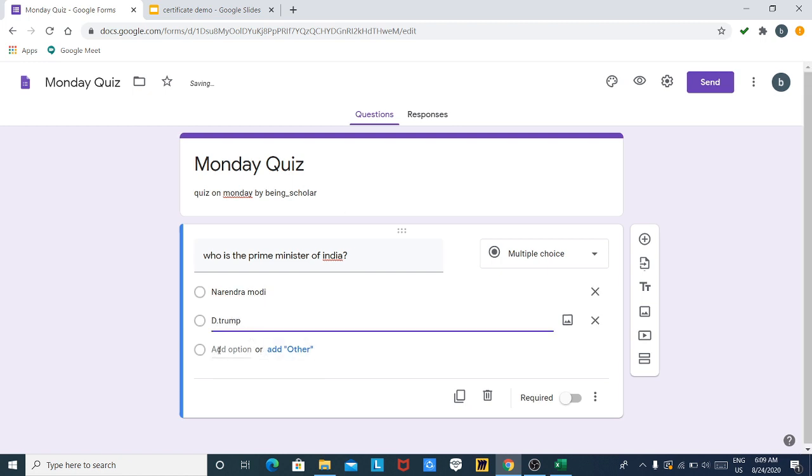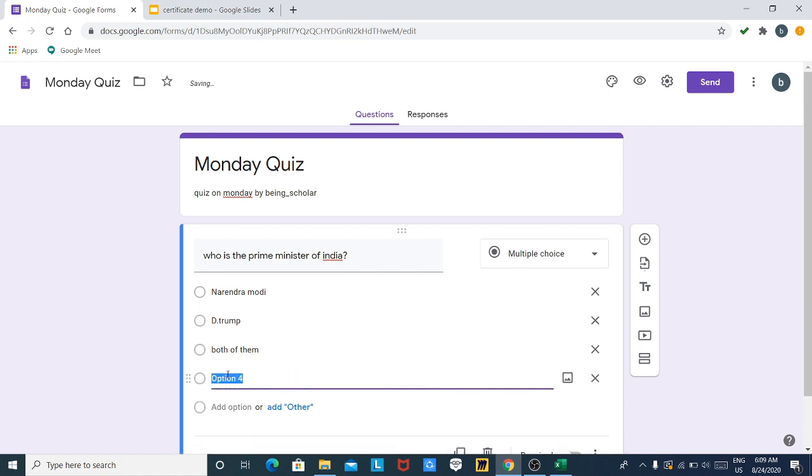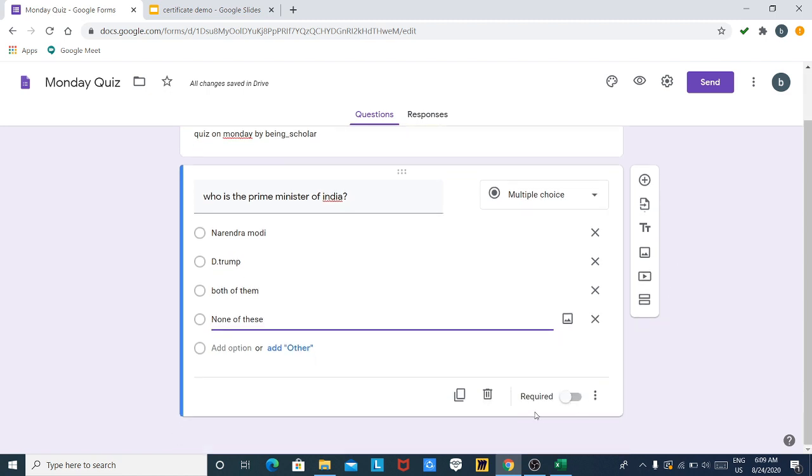D. Trump. Third option, you can click on add option for that. Add both of them and add a fourth option which is none of these. So this is the nature of question, that is this is a multiple choice question. Now click on required and make it a required question. So this is a question we just added.